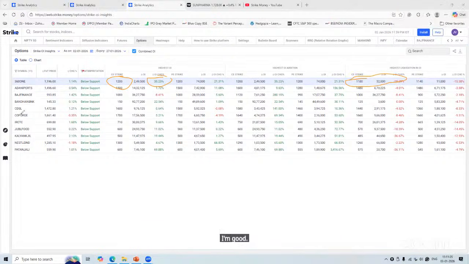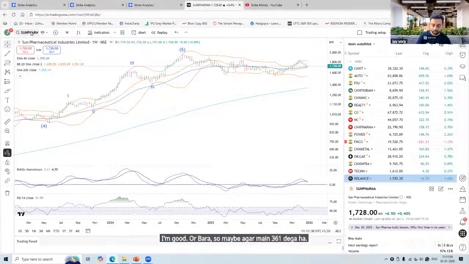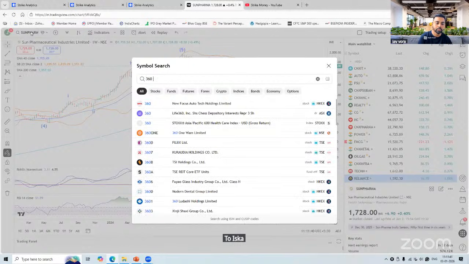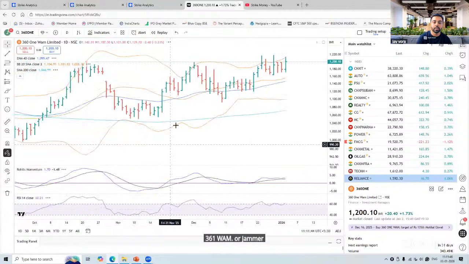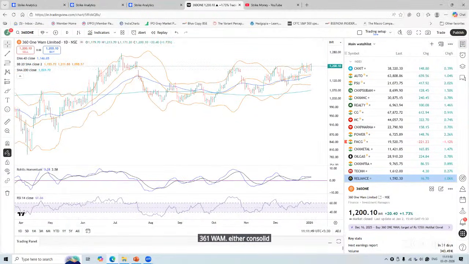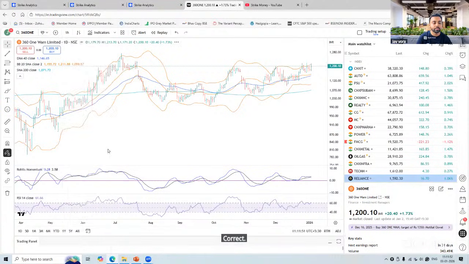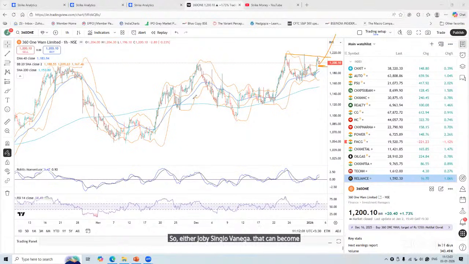और 1200 में अभी बन रहा है, तो अभी अगर मैंने ये 361 देखा, तो इसका मैं चार्ट देखूंगा, 361 वैम, और ये मेरे को दिख रहा है कि ये तो इधर कंसोलिडेट भी कर रहा है। तो मैं जाके लोअर टाइम फ्रेम पे ढूंढूंगा कि ये कहाँ पे इसका बाय बन रहा है। मतलब अगर ये रेंज ब्रेक हो गया, तो इधर जो भी स्विंग लो बनेगा, दैट कैन बिकम माई पिवट पॉइंट।